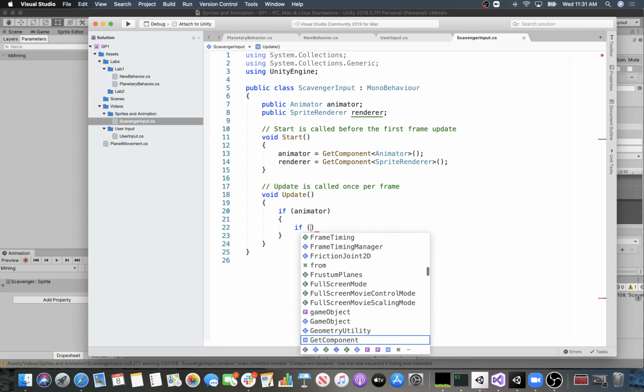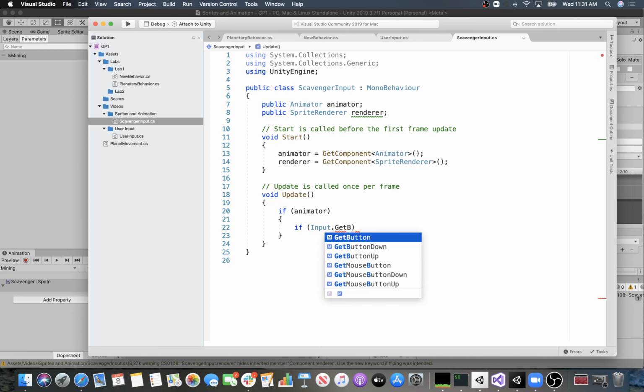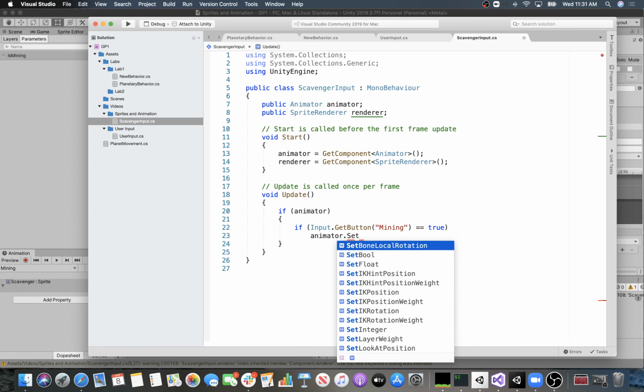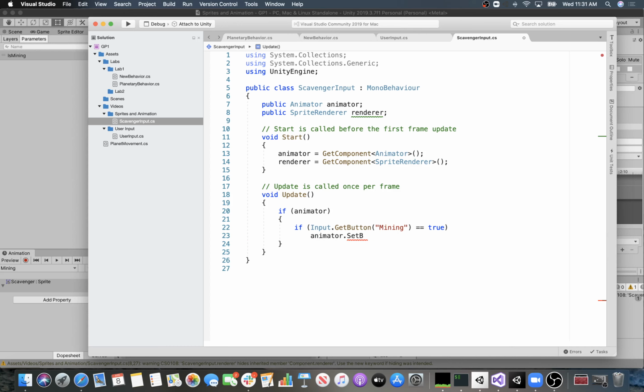All right. So if animator, I'm going to say if input get button mining equals true, then I'm going to say animator set bool, oops, not poem location, set bool is mining to be true. Else animator set bool is mining false. All right, so this will allow it to set that bool value, which will then go back